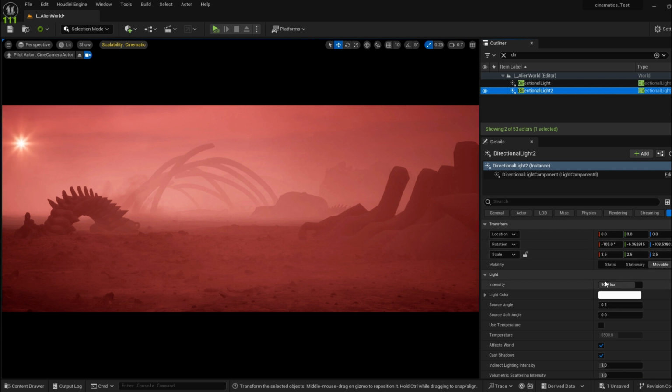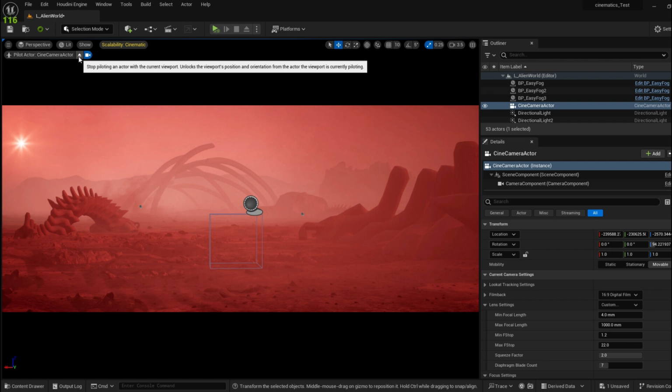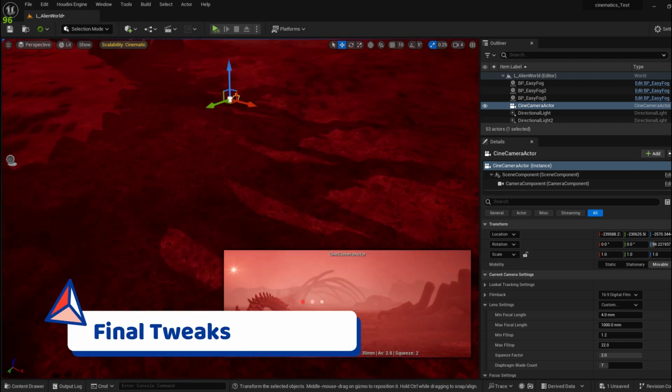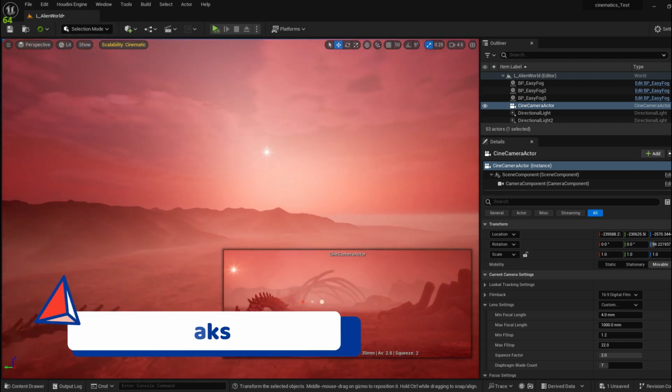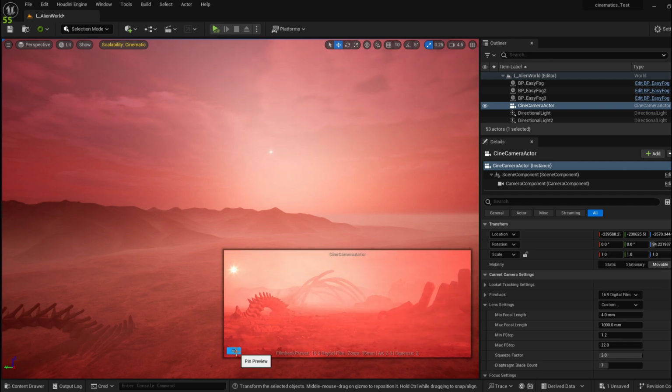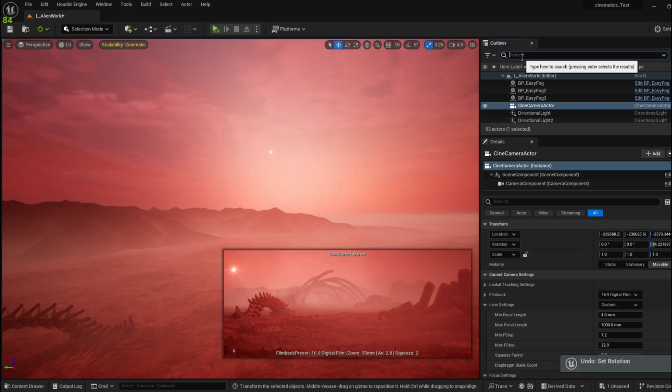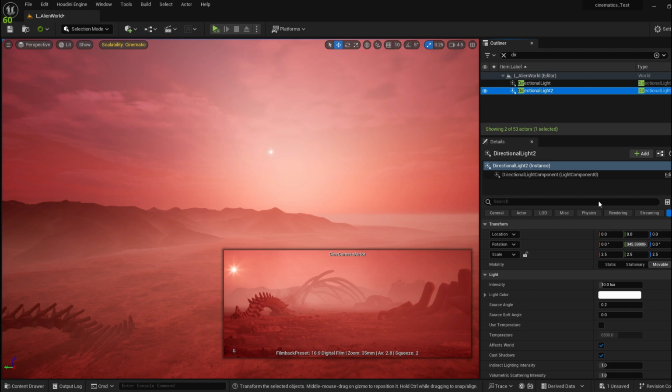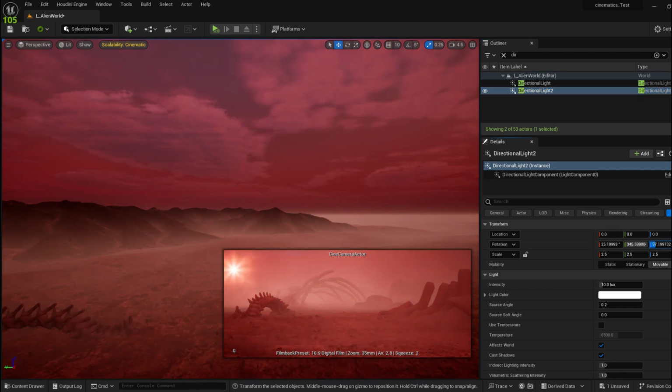And now you can see that our scene is a lot brighter. So what I'm going to do is decrease the intensity over here to something like 30. Still too much. Maybe something like 10. Now if I eject from my camera and look over here, you're going to notice that we have another sun over here. So I'm just going to pin my camera over here and adjust the rotation of my second directional light. If I change the rotation on the z-axis,